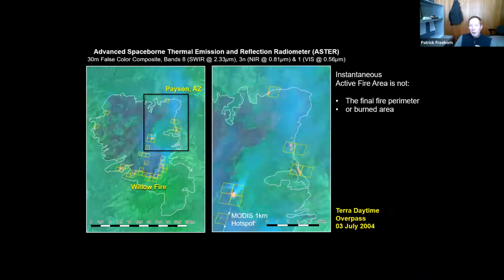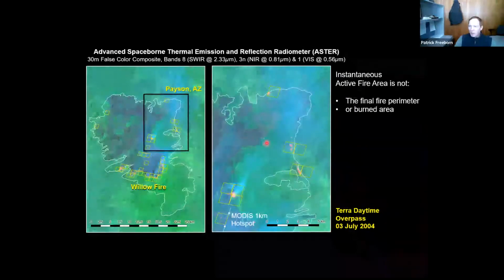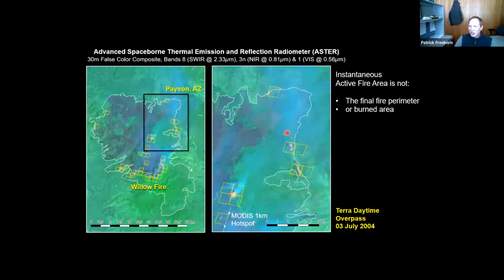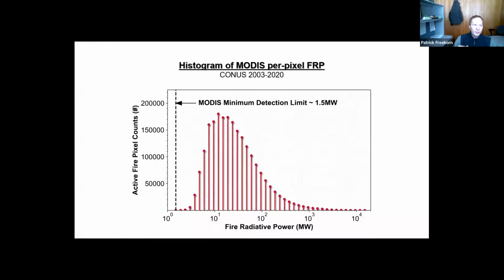And so one really important thing to recognize in this image are these red hotspots that you can see in the ASTER image, but that MODIS didn't detect. Okay, those are MODIS errors of omission, meaning that those hotspots were either too small or they weren't intense enough to trigger the MODIS active fire detection algorithm. And over time, the accumulation of MODIS errors of omission amount to a low spatial resolution detection bias, whereby MODIS can't detect a fire or a hotspot less than 1.5 megawatts.